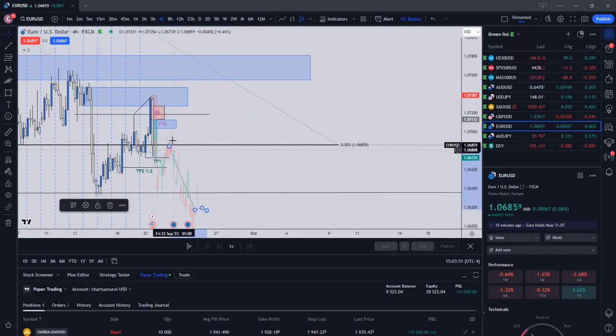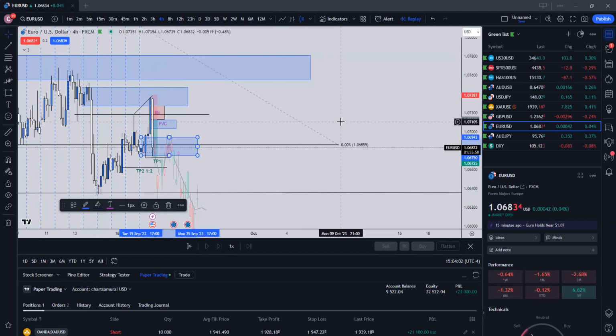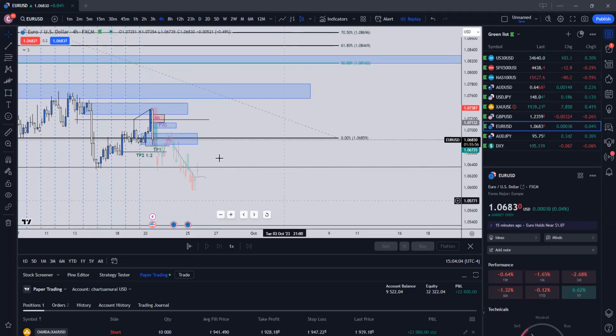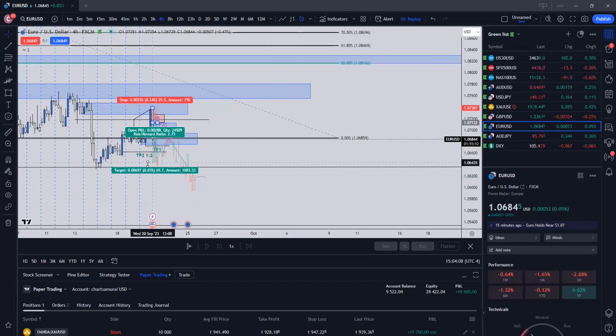Right. And so that would be the ideal entry, and ideally this becomes a breaker. There's some type of imbalance in here. And then this is what we would look for as far as a second entry. So the next question is, if you're in this trade, are you going to want to hold through this, experience price go back like this, and wait to get the rest of it?